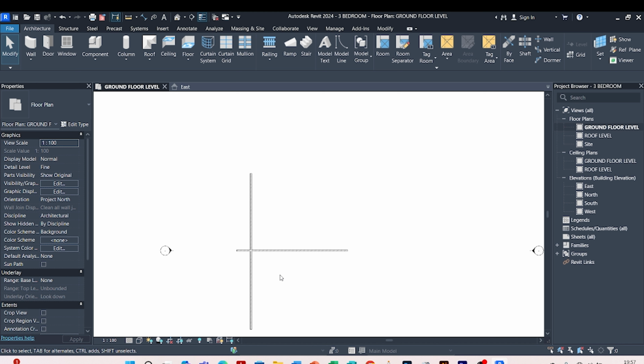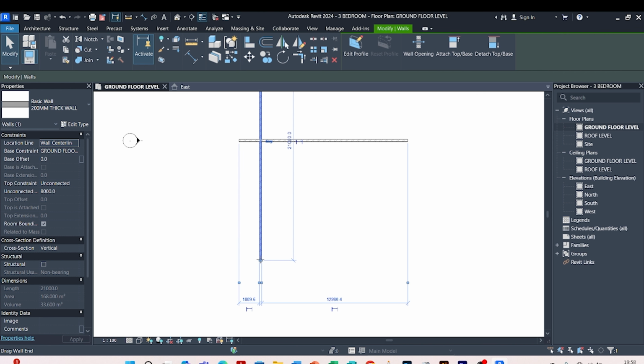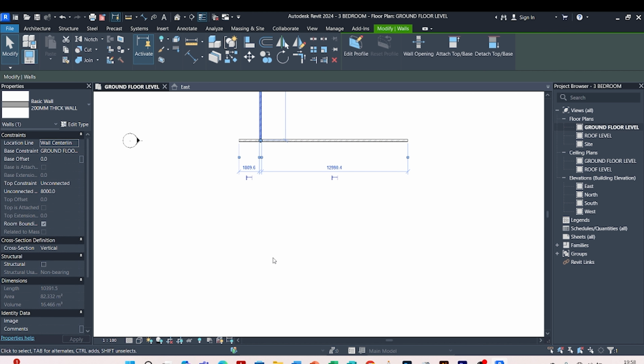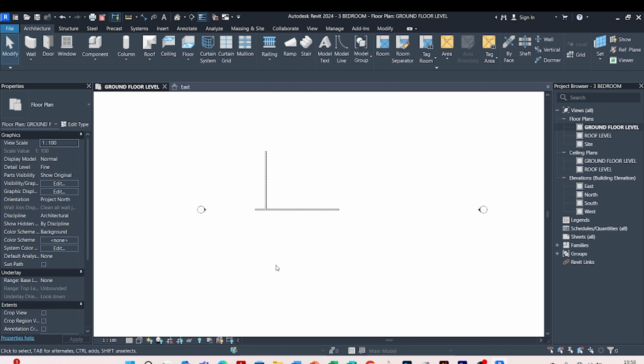So for this floor plan, I'm going to make it as simple as possible. I can extend this wall up to this wall by either dragging this up. This is the first method. I can either drag it up like that, or let me Ctrl Z,